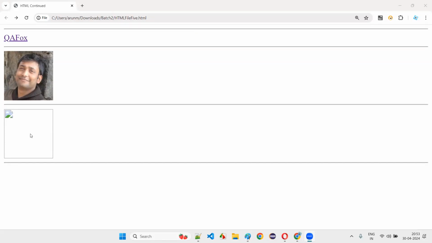In that case, is a broken image readable? No, the broken image is not readable. So how to make this broken image readable? In some cases, if my image doesn't come on the web page, we have to give some text. If the page doesn't load properly or whatever the reason may be, instead of getting this broken image, we want to understand what actually the image was meant to portray here. At least that we have to know.